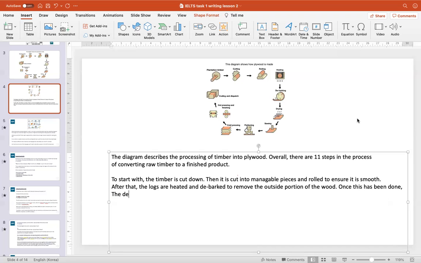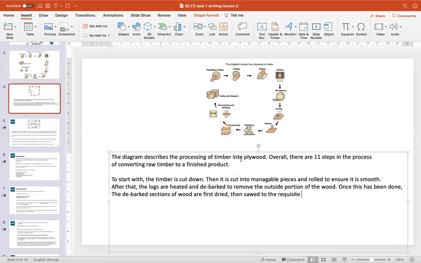So the debarked sections of wood are first dried, would you say? Yes. And then what is the past participle form of saw? I don't know. It's regular. Okay, then sawn to the requisite